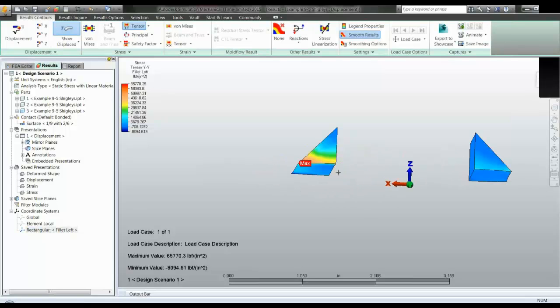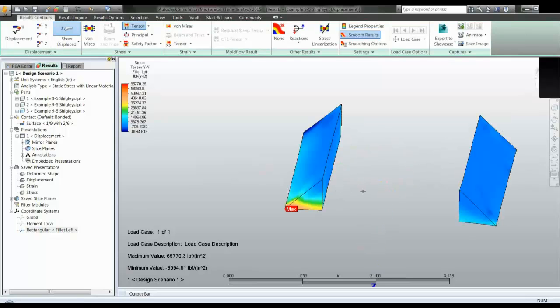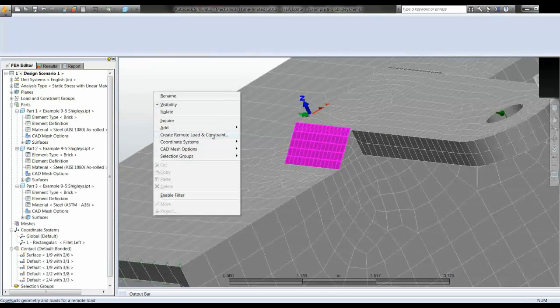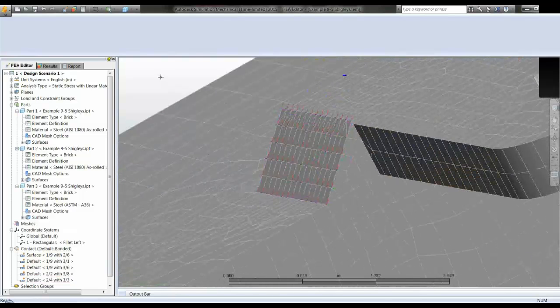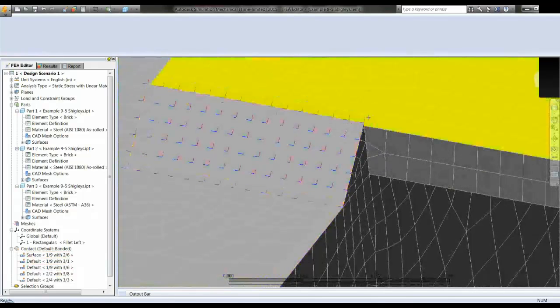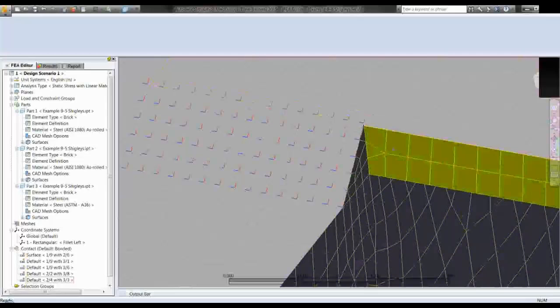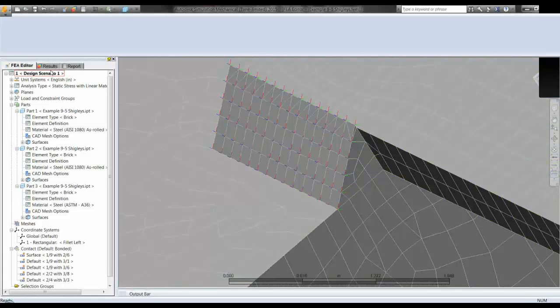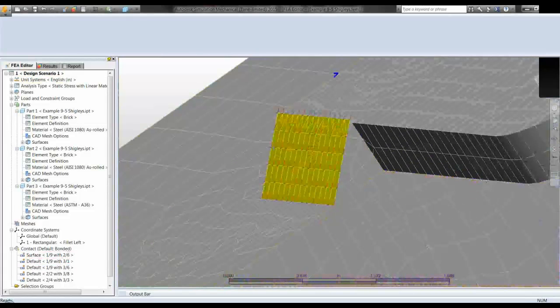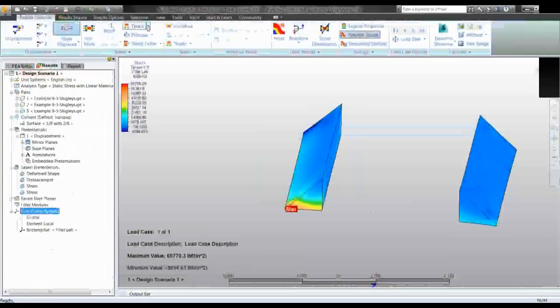So I'm looking at the YY, which should be the normal stress to the part here. Let me show this. That might be easier. Coordinate system, fillet. And so now you can see graphically the local coordinate system applied here. They are color-coded: blue for Z, red for X, yellow-green for Y. So with that understanding, Y being normal to this face here,